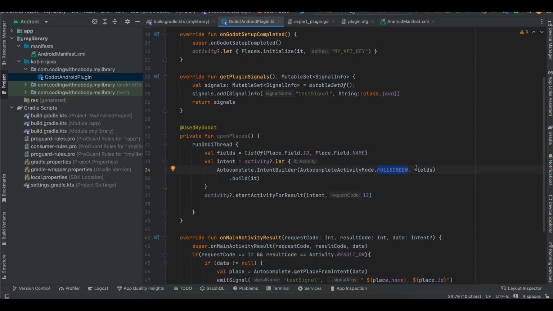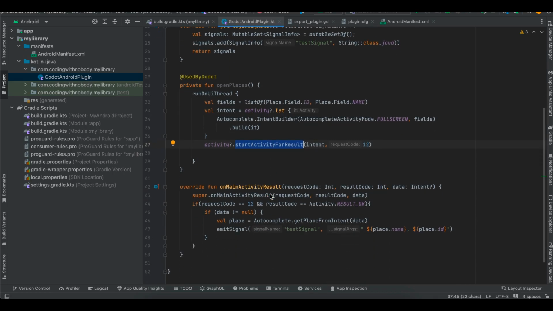Then here we are creating our Autocomplete IntentBuilder, and we are allowing it to be full screen. We are passing the fields and building it, and then we are calling start activity for result. If some of you are from native Android development, you might know that start activity for result is deprecated, but there is no way for you to use register for activity result in a Godot plugin as far as I know. So in case you know, do let me know in the comments